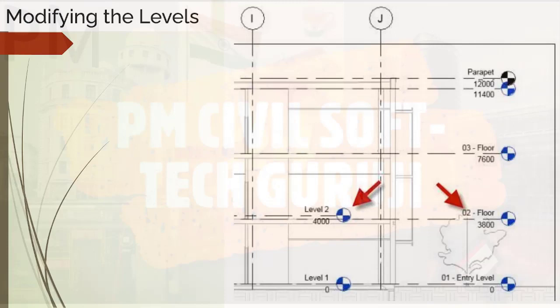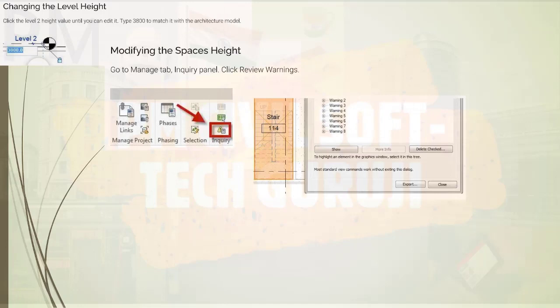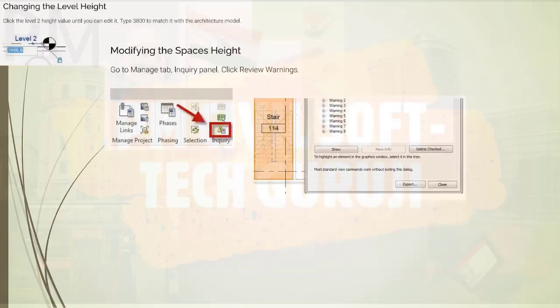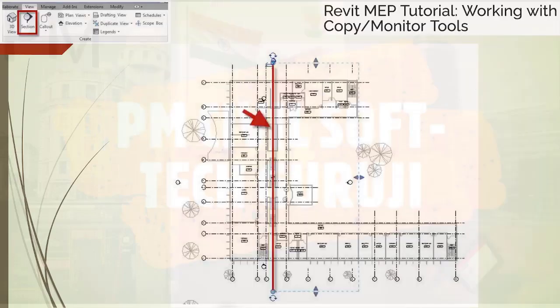Now modifying the space height. How to modify? Go to the Manage tab, Inquiry panel, and click Review Warnings as shown in the figure by the red arrow and red rectangle.